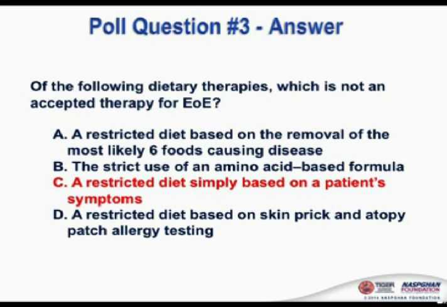question. Of the following dietary therapies, which is not an accepted therapy for EoE? The answer was C, because patient symptoms, unfortunately, don't correlate that well with true disease. As Chris was mentioning early on, this is sort of a delayed reaction. Not like when you eat a food and have an immediate reaction like with milk and peanut. Things are much more delayed. So the other true therapies of amino acid, doing testing, or doing a restricted diet are all reasonable options to